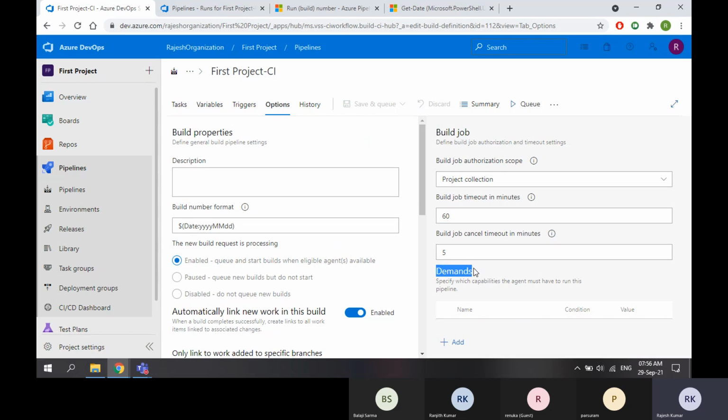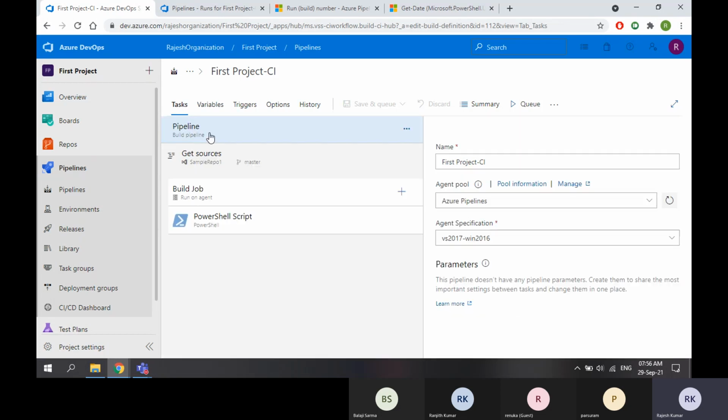And coming to demands. These demands are something which you are expecting on the build agent. So here if you see, I have selected agent pool as Azure Pipelines and I selected some agent which has the Windows operating system. But I am expecting Git should be installed on this machine.